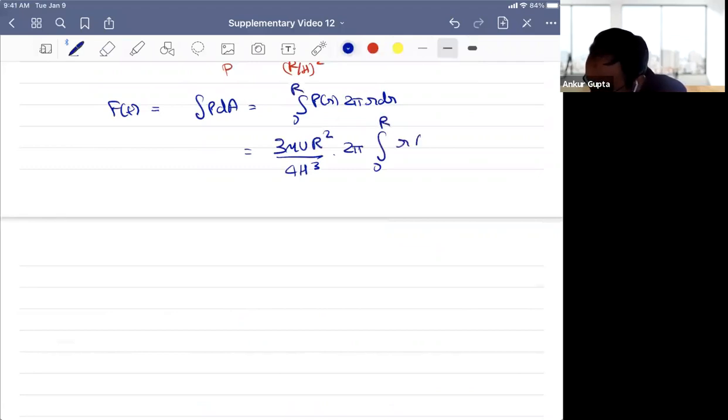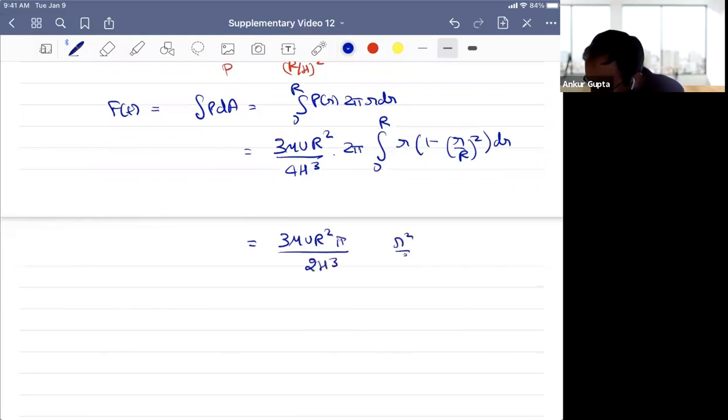Then r into 1 minus (r by R) whole square dr. For now, this becomes 3 mu u R square pi by 2h cube,